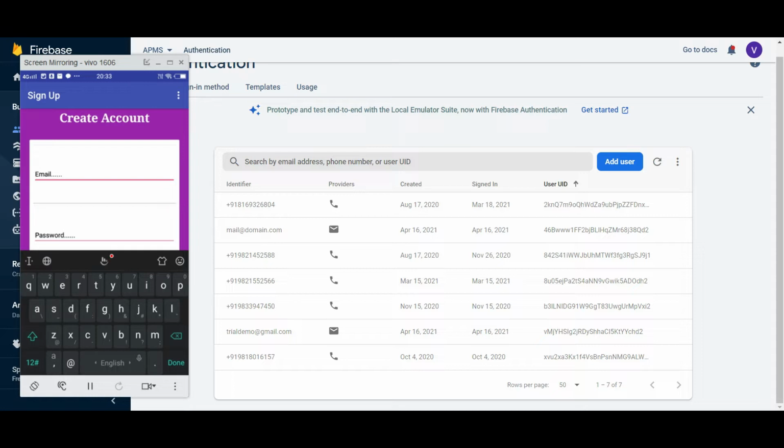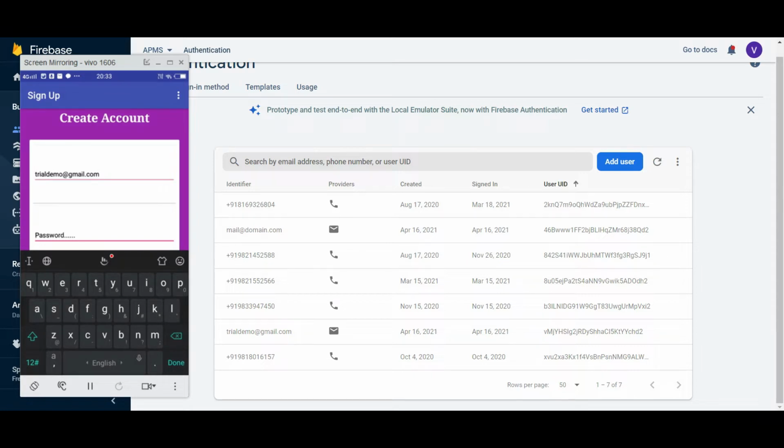They can just enter that email ID. So here if I just add any email ID like trialdemo@gmail.com, this is just a sample. You can add any email ID and here you have to create your own password. It's not necessary to enter the password of the Gmail account.